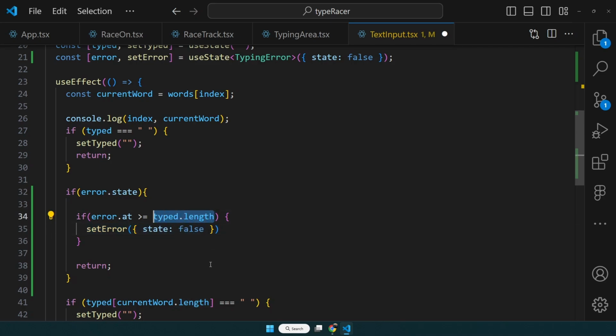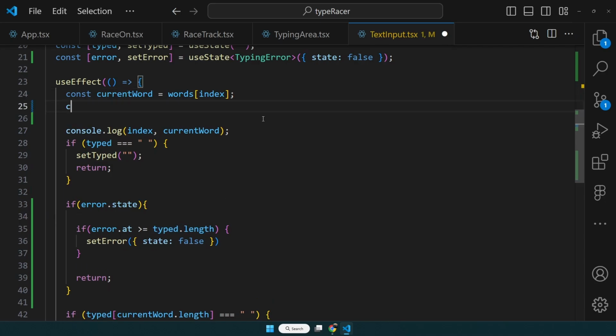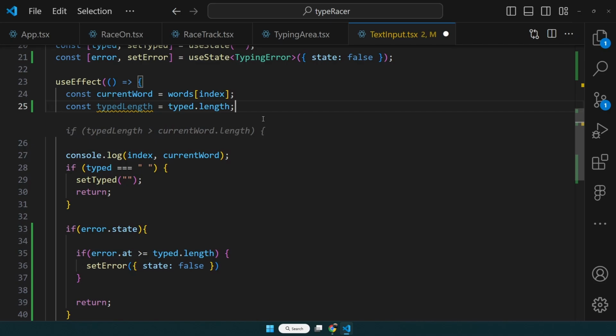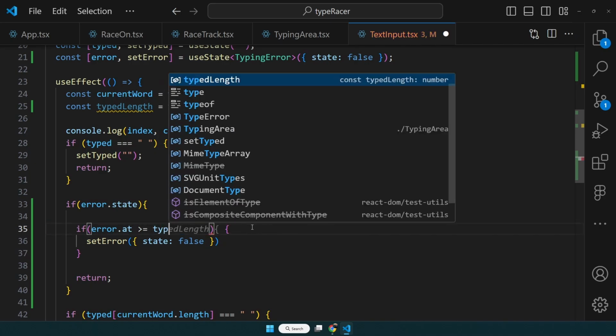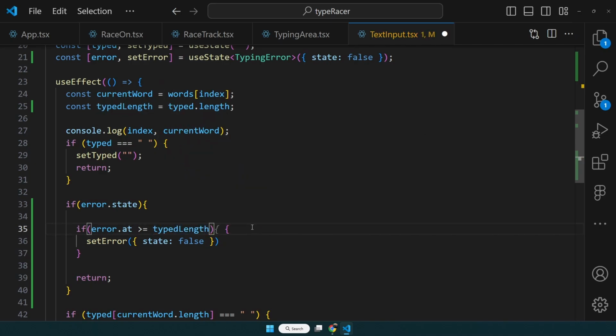And this typed.length I will be using in multiple places. So the best way to do that is, let me make a const value over here called typedLength, and this will be equal to typed.length. Now I can replace this typed.length with this typedLength. Okay,